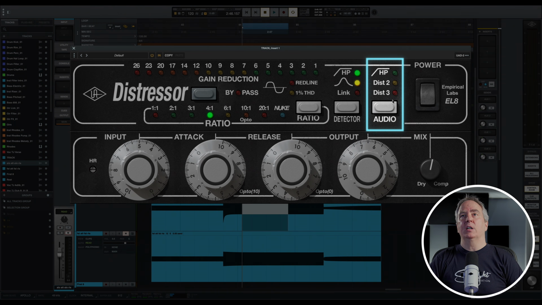Our first click of the audio button engages an 80 Hertz high pass filter with an 18 dB per octave slope. So it's a little further down and it's more steep. So you're not gonna want to engage this on kick drums or any kind of bass material, but it is excellent for cleaning up guitars,